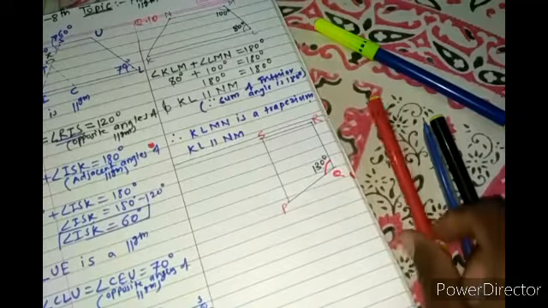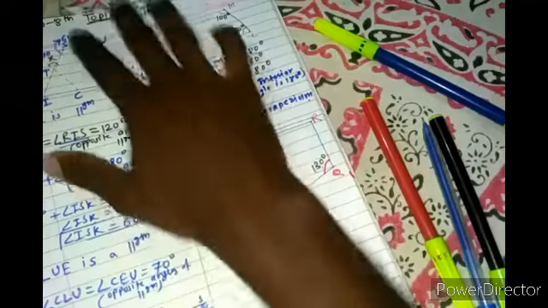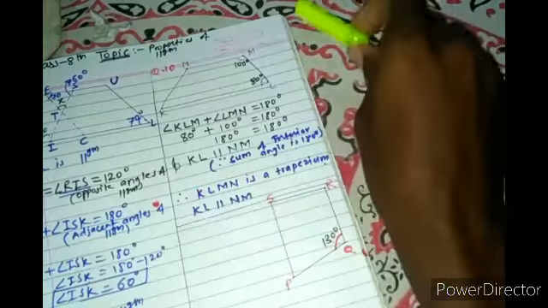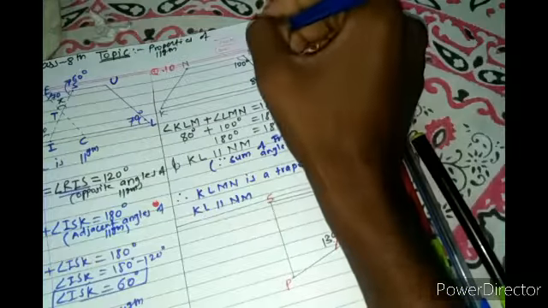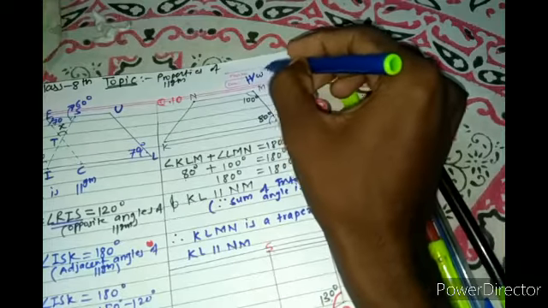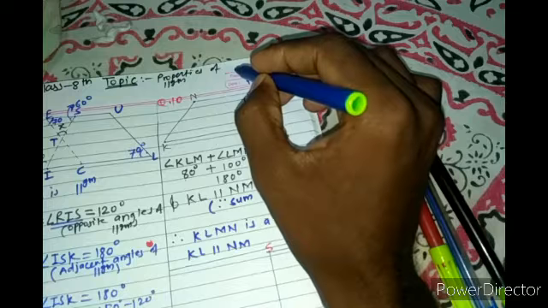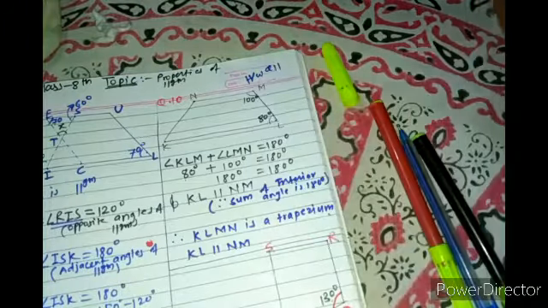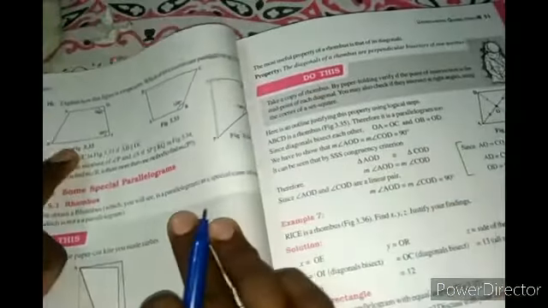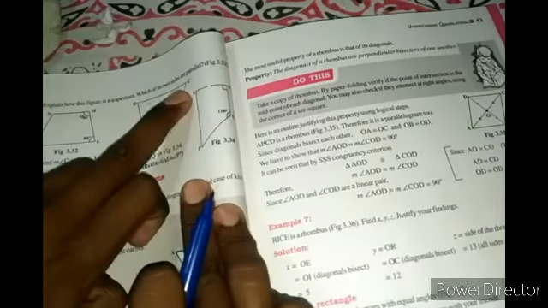Yes, students, on the basis of question number 10 you will be able to solve question number 11 also. So I am giving it as homework. In question number 11 we have to find angle C from the given diagram. So how can we find C?